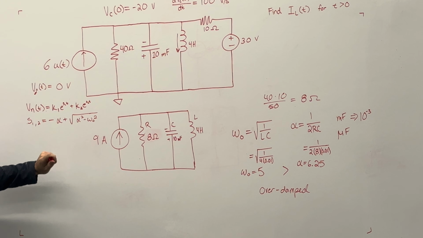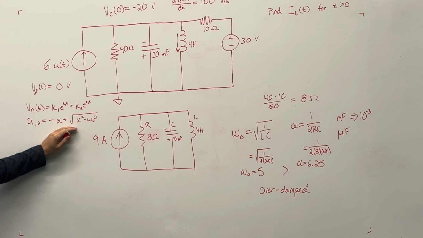So we need to find S1 and S2. We can use this equation here. In this case, S1 is equal to minus 2.5 and S2 is equal to minus 10. And it doesn't matter which one you label as S1 and S2. So now to solve for K1 and K2, the coefficients in front of the e's, we will use one of